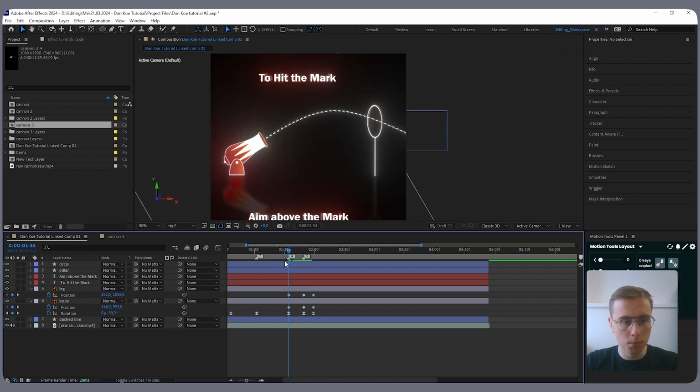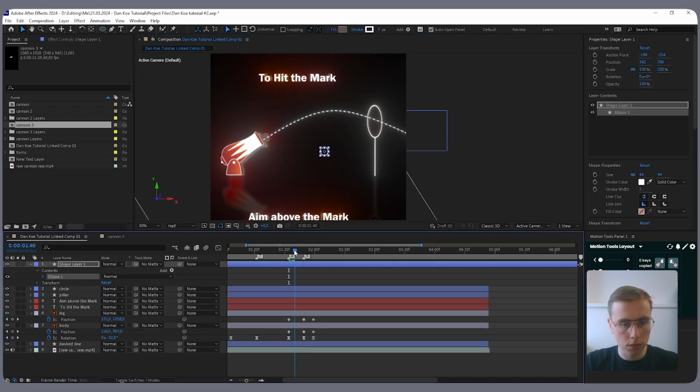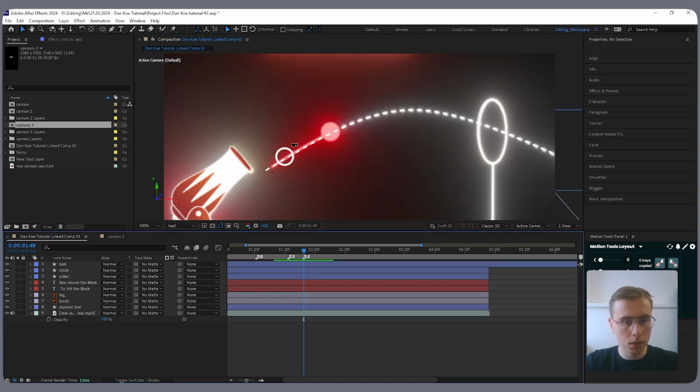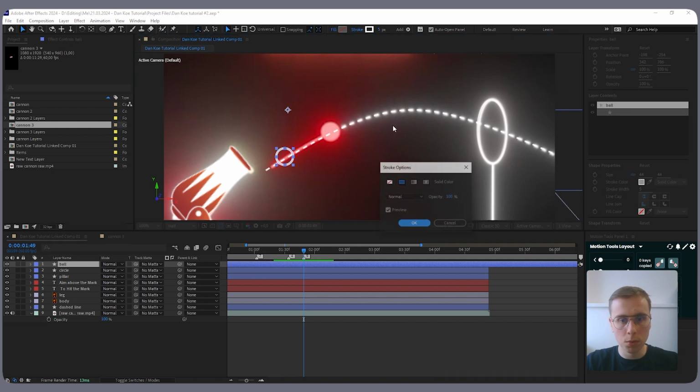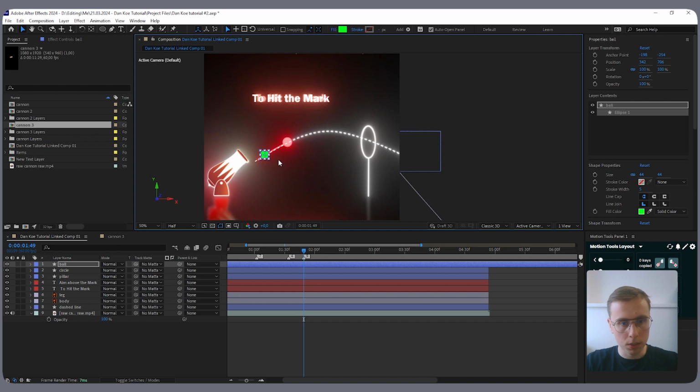because right now we'll animate the ball. So go up here and select the ellipse tool, and while holding shift, draw a perfect circle, like that. Let's see if it's the right size. Yeah, I think it is good. And for now, we don't have to worry about the color of the circle. Of course, remove the stroke and set the color to whatever color, basically, because anyway, the color will be